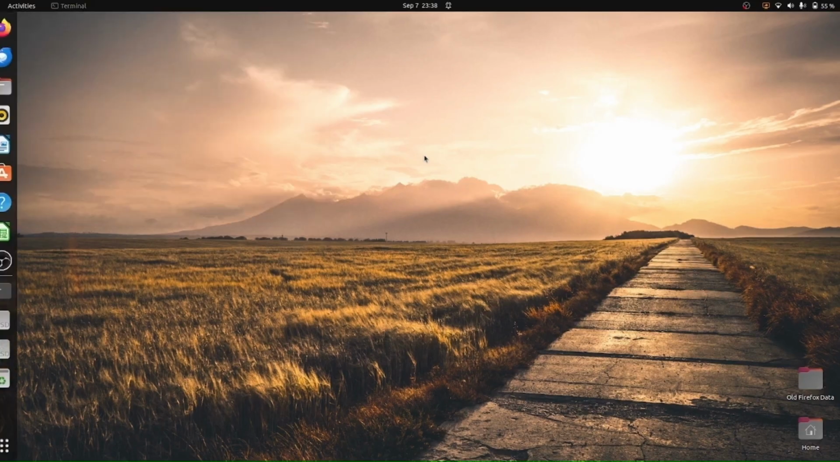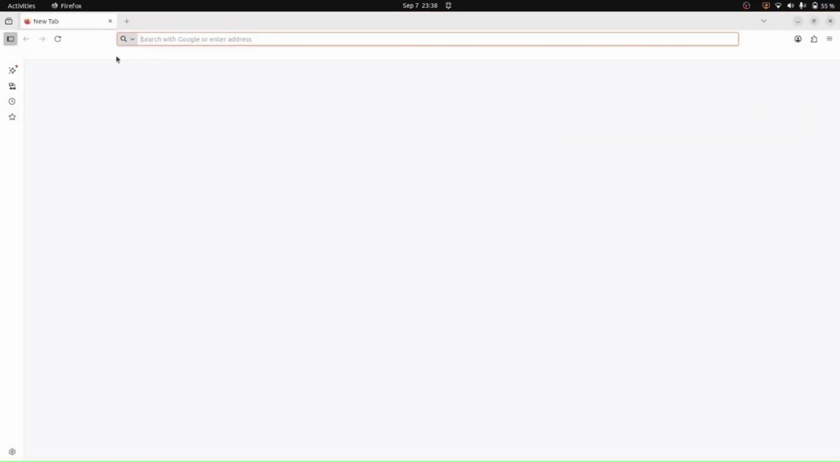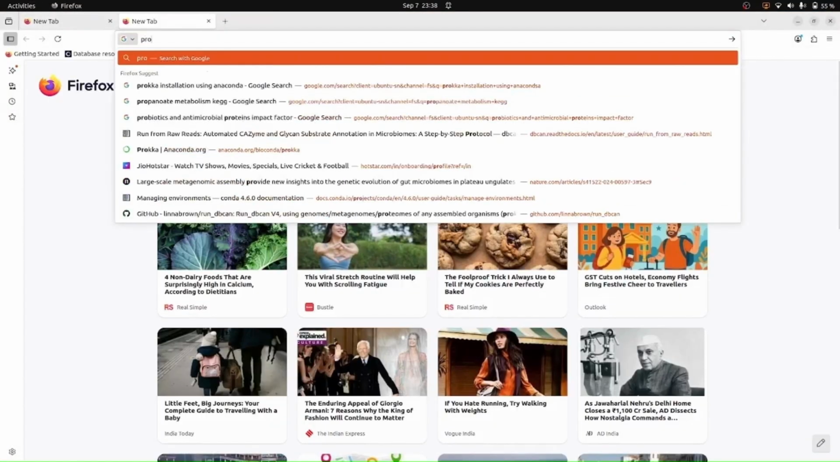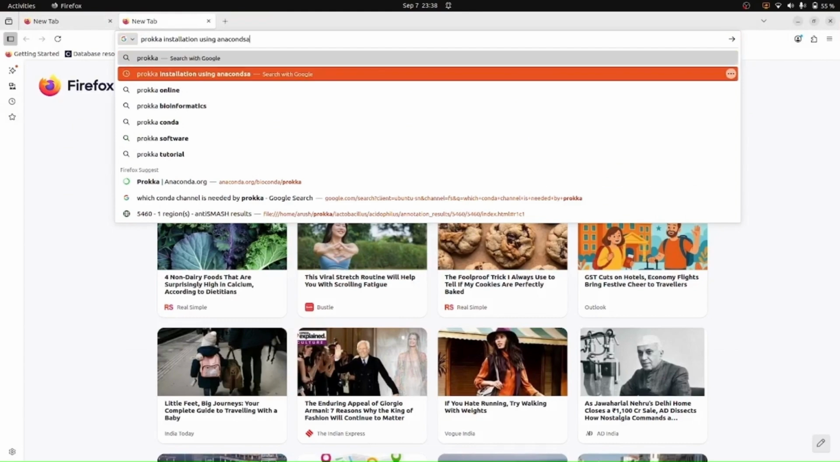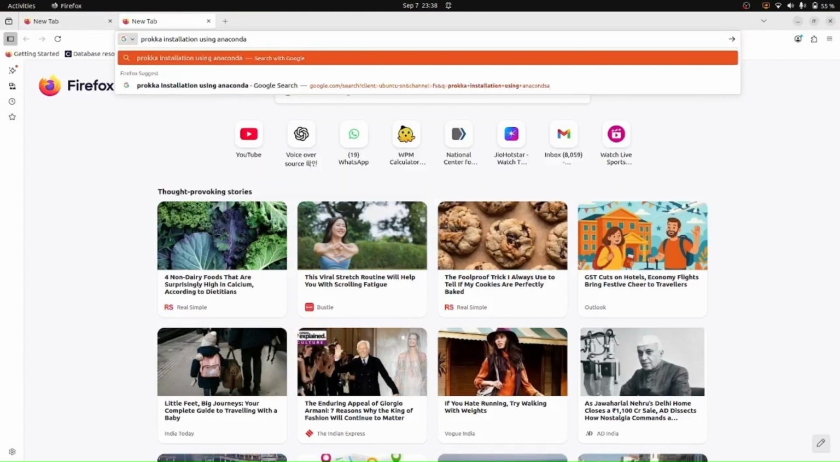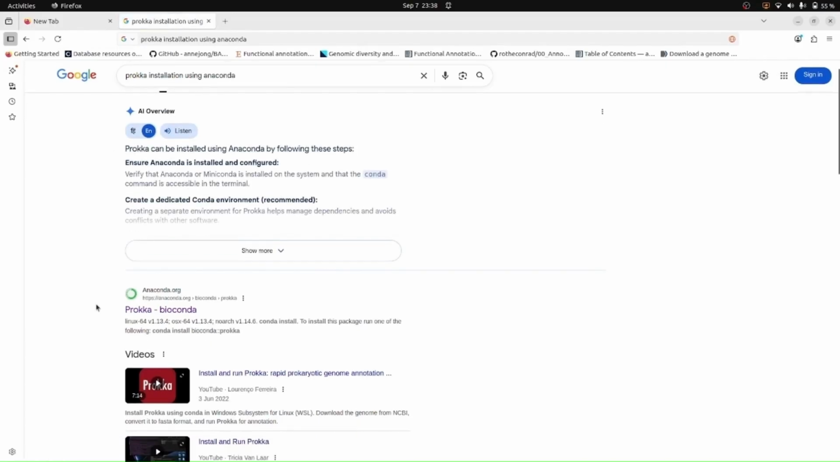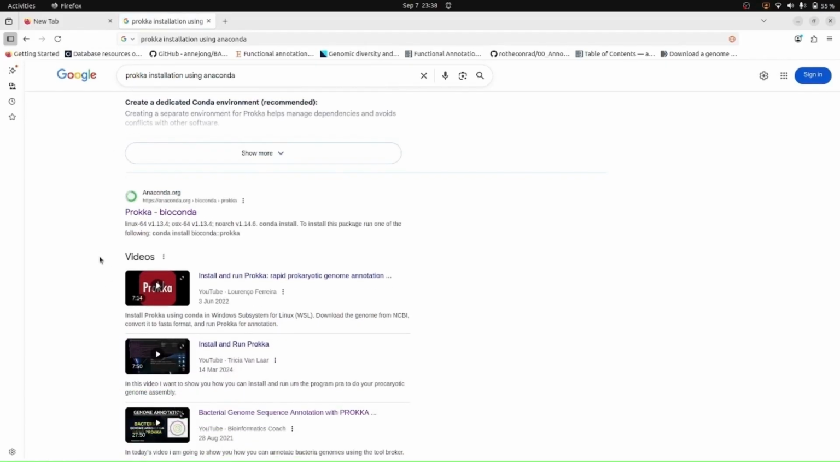So for that, go to your browser and type Prokka installation using Anaconda. So Anaconda basically helps you to manage packages like Prokka and other tools that you will be using at the time of your bioinformatics analysis. This will make your workflow way easier than going to the browser and downloading it yourself. So open the link